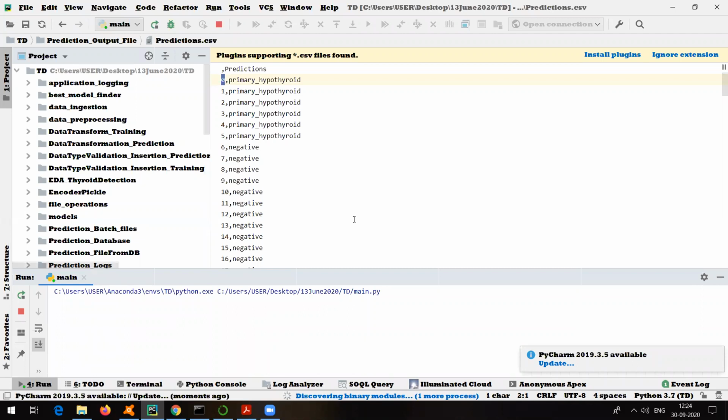Obviously it will run on my local machine first. Here also it is going to show me a link, so we will have to wait for some time, because in this case the data set is larger, so it will take more time as compared to the previous one. But yes, it will show us one link. I just want to show you how that GUI looks and how we provide all these input files at once. It's not like there is only one CSV file. Now there are a lot of CSV files at a time, and this is what actually happens in real time.